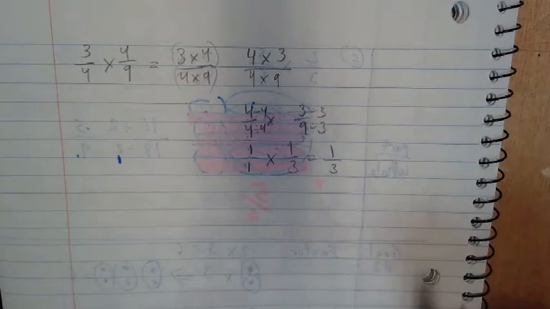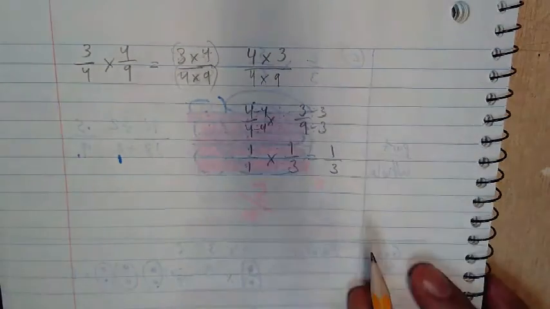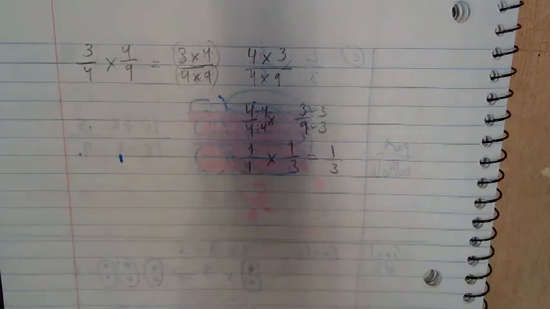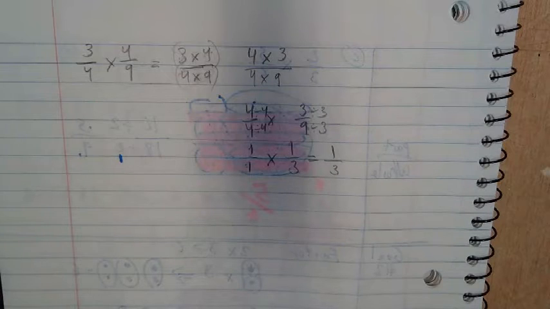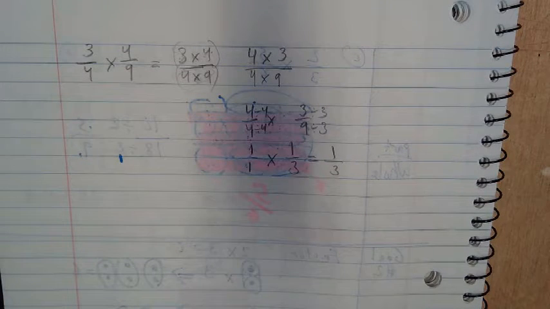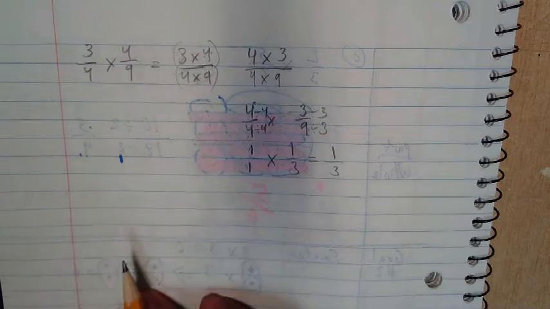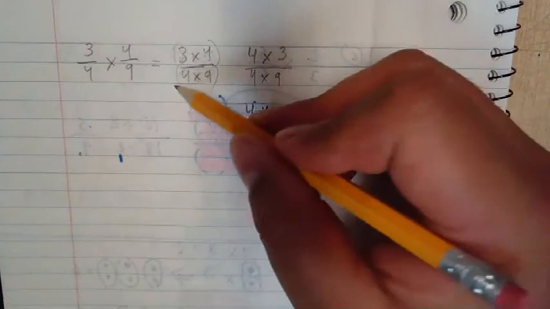Okay? The goal here is to simplify before you make the numbers bigger. Right now, these are easy. You can probably just multiply straight through and then simplify after. But when you get to bigger numerators and bigger denominators, it really does help to simplify first before you multiply big numbers. Okay? But it's your choice. I'm just giving you a tool that you might choose to use later or not. That's up to you. I just want to show you that when I did this whole divided by 4 here,